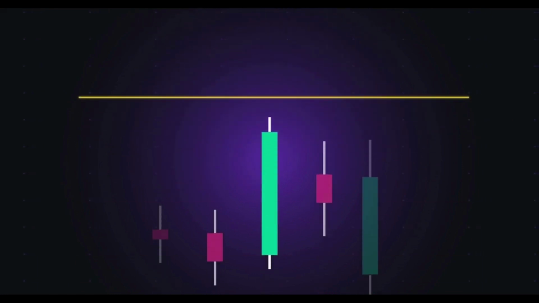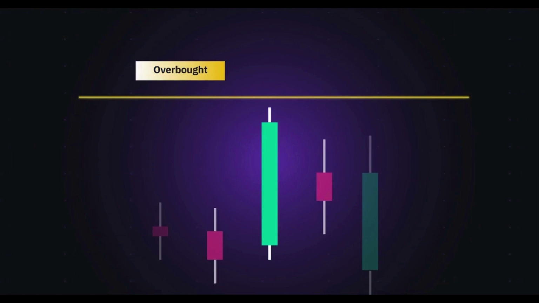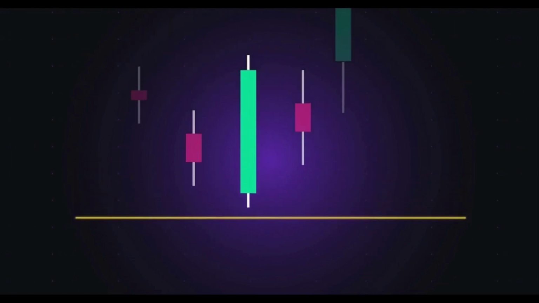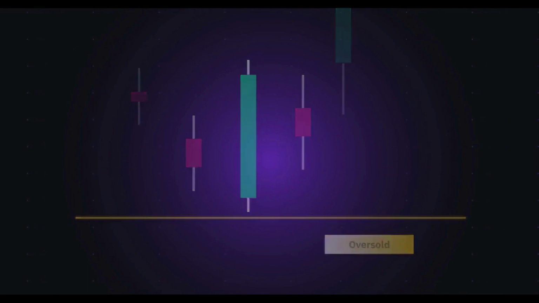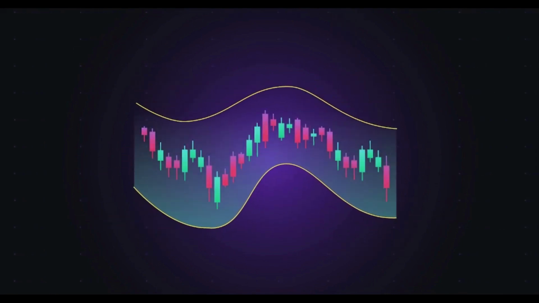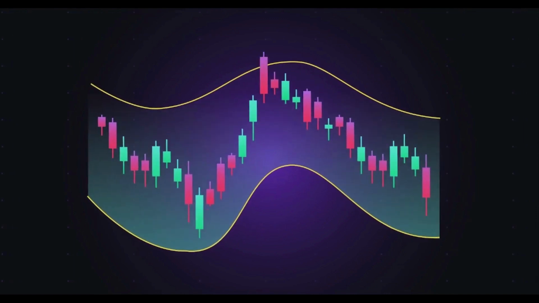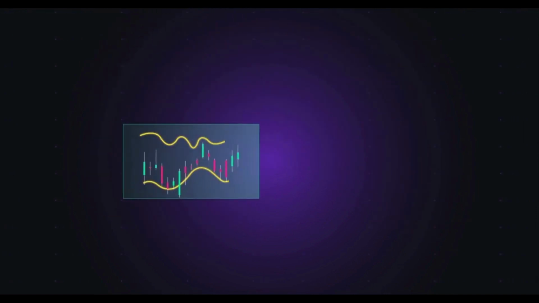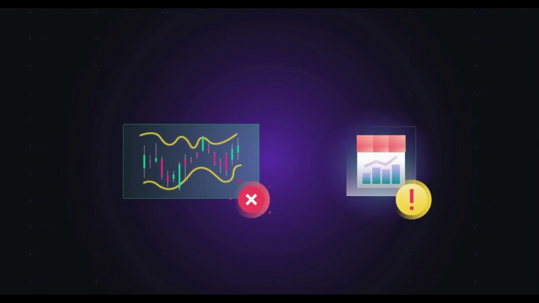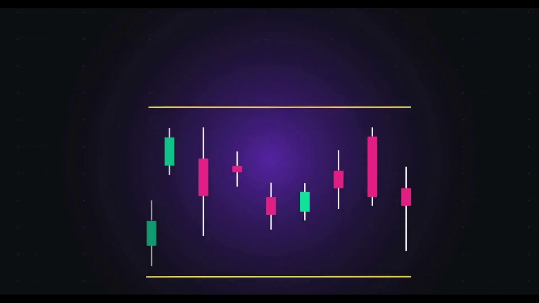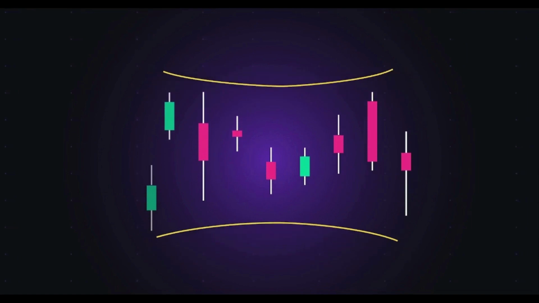Generally, the closer the price is to the upper band, the closer to overbought conditions the charted asset may be. Conversely, the closer the price is to the lower band, the closer to oversold conditions it may be. For the most part, price will stay within the bands, but on rare occasions it may break above or below them. While this event may not be a trading signal in itself, it can act as an indication of extreme market conditions.